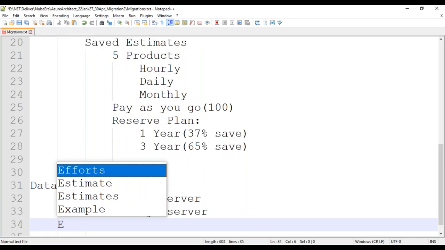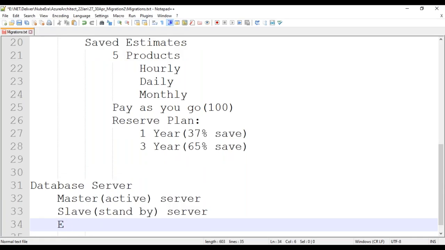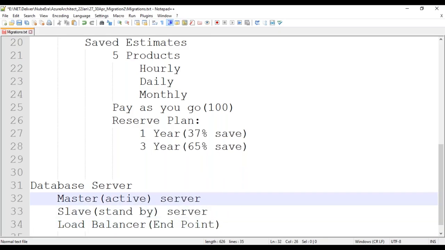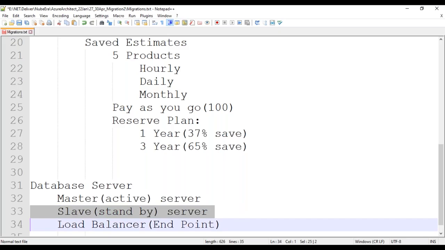And both will be handled through an elastic load balancer. Both can be handled with the help of the load balancer. At the end, you will get one endpoint, and that endpoint you will use. Suppose the active server creates a problem, so it will directly move to the standby database server. So like this, if we want to do this,